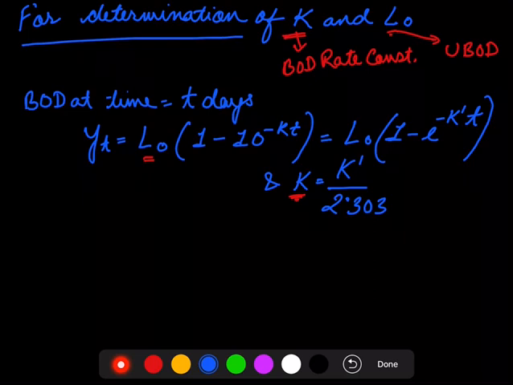So they can be calculated from a series of experiments, or measurements of BOD at different time intervals, at different days. The usual methods used for computation of rate constant and ultimate BOD are,